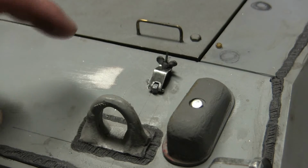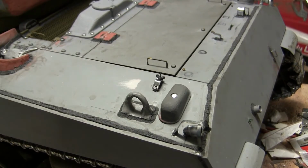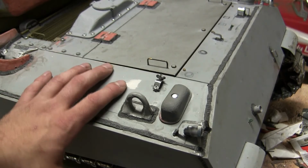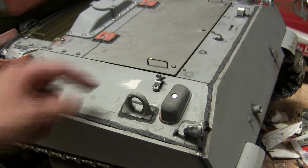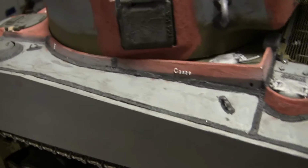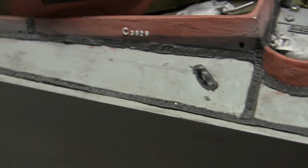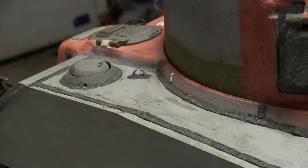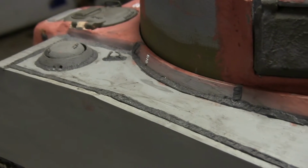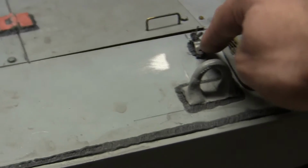In addition to the tool post, the tank's tow cable mounting equipment has also been added. This is as per the real vehicle and is found directly opposite of the tool post. The tow cable mounting equipment consists of the following components. We have the tow cable clamp and two tow cable mounting cleats. All three components that you see here are straight off the EastCoastArmory.com product line,